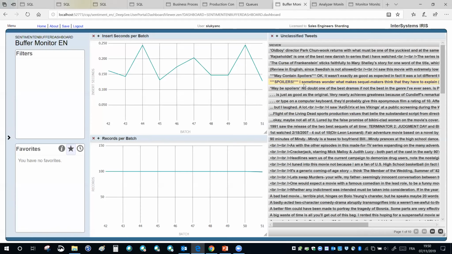And buffering goes well. Each batch contains 100 records. There could be cases when there are less than 100 records, when the system is unable to import some particular tweets due to inability to interpret some special characters and so on. But so far, so good.